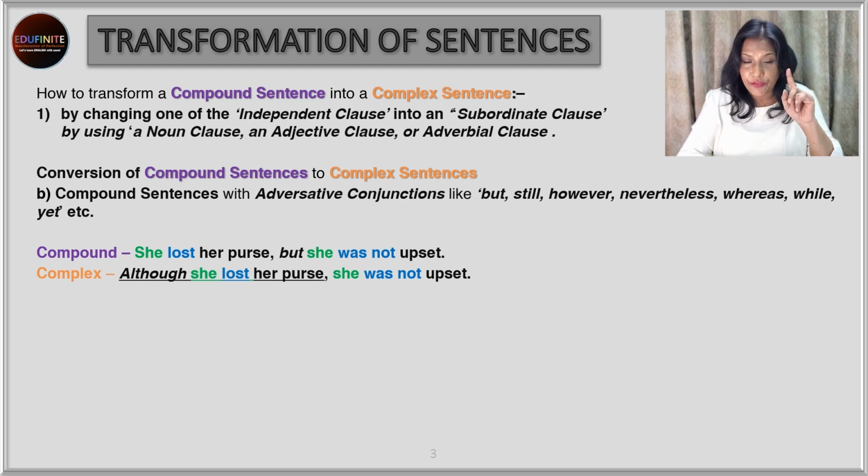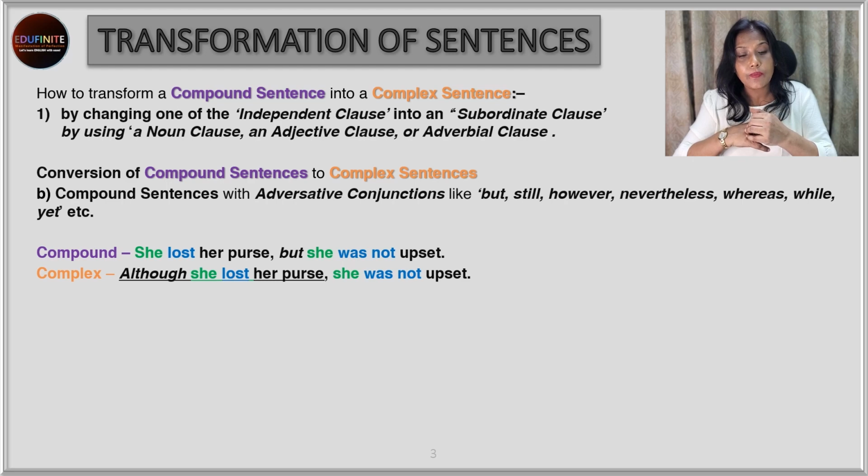So here the first sentence, she lost her purse but she was not upset. Usually when a person loses his or her purse, she is upset, but here she is not upset. So we use the adversative conjunction but over here. So how do we change this into a complex sentence? We use although as the subordinating conjunction and we place it in front of the independent clause she lost her